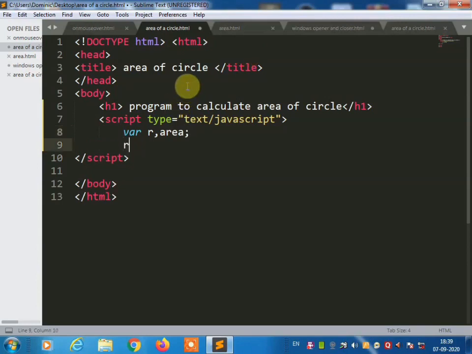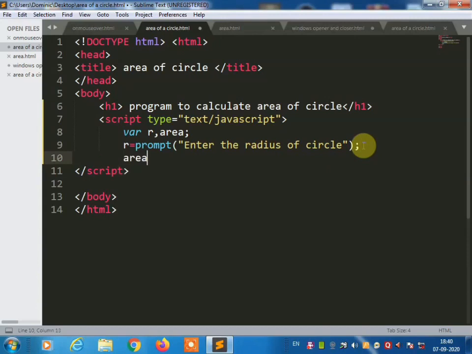Then use the prompt method to display the prompt once you run the program. So prompt "Enter radius of circle". Complete the statement. Write a formula to calculate area: area equal 3.14 into r into r, semicolon.